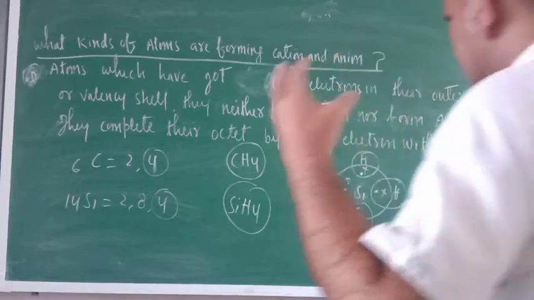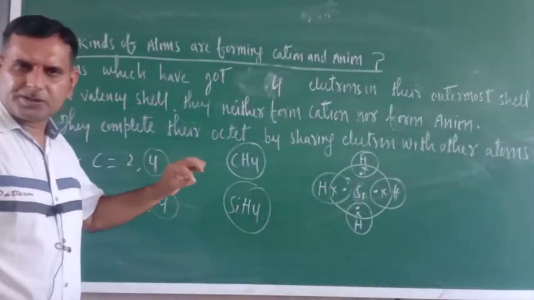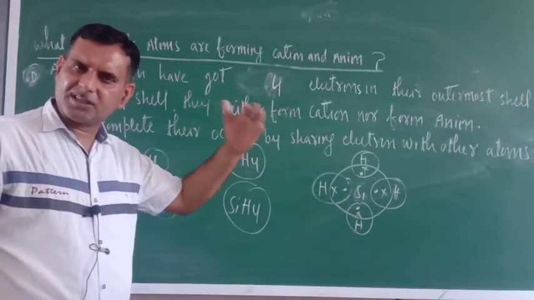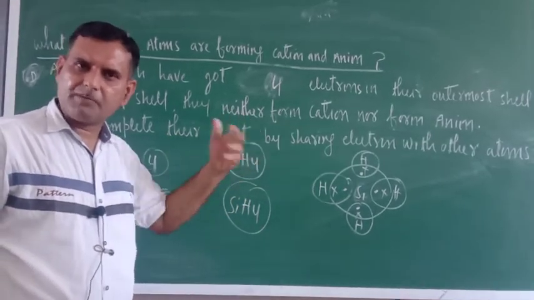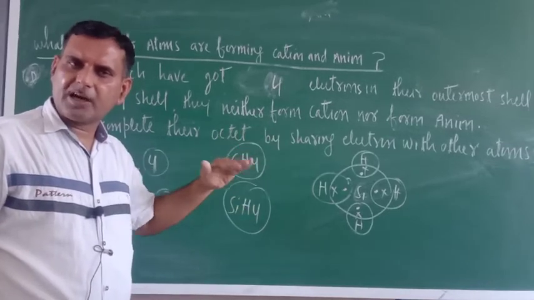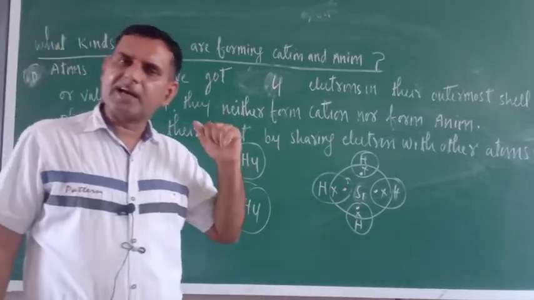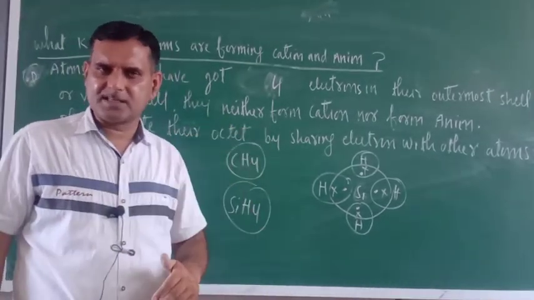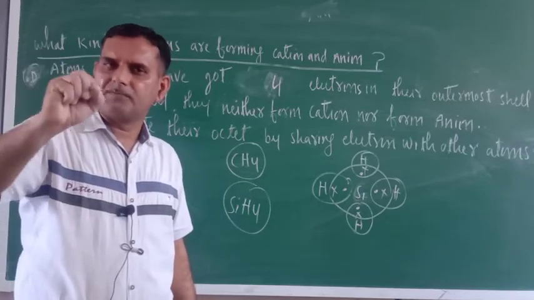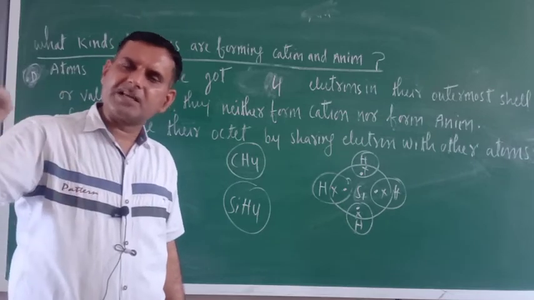There is one more aspect, you remember this one. Just see, during the course of chemical reaction, the number of electron either increases or decreases. Like in case of anion, number of electron increases, in case of cation, number of electron decreases. So always remember, as far as the atomic number of ions is concerned, it is always determined on the basis of proton number, because proton number remains constant.